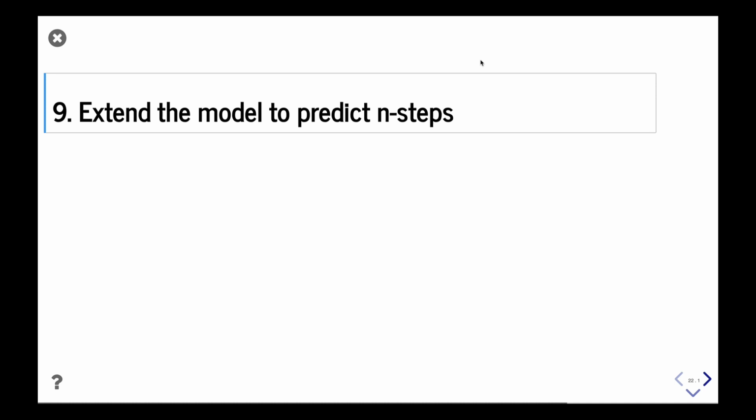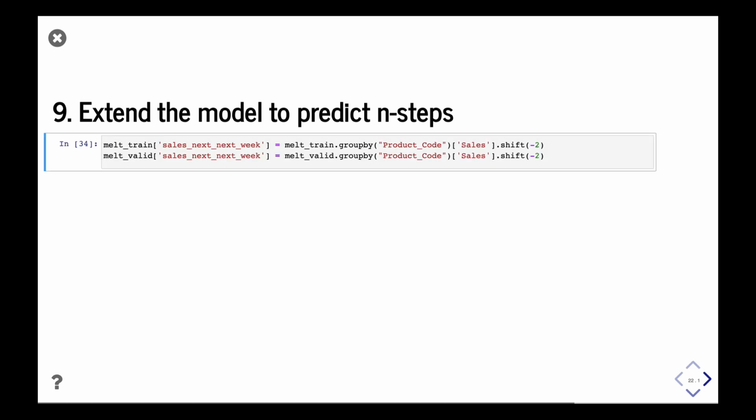So a question I got a lot after I wrote the article about this method was, how can I extend this to predict more than one step, more than 1 week? And here I will show you how to do it. First thing, we need to actually create the column. So I will create here a second Y variable, so it